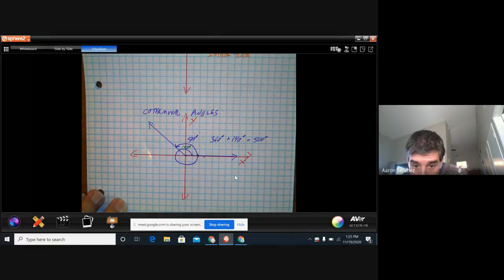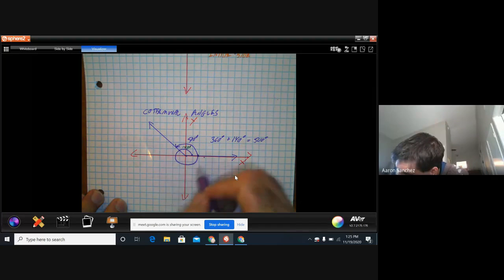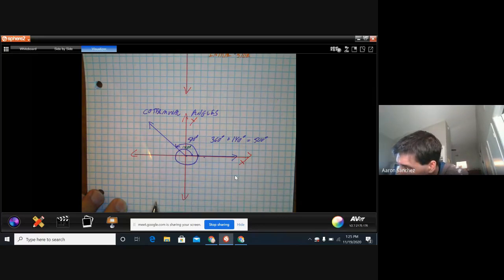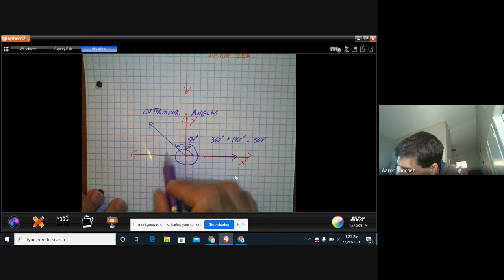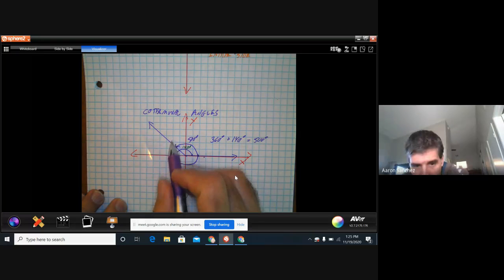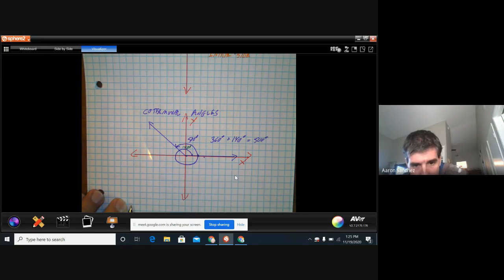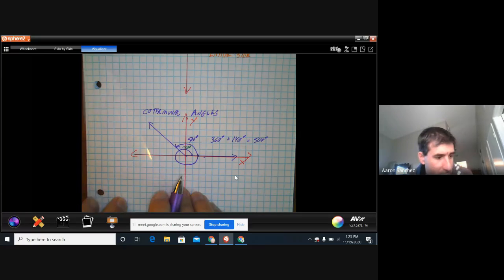And there's another. I can go again another 360, and then that would be 860 degrees. There's another angle there. You spin again, and you have 860 degrees. So to figure out coterminal angles, you just either add or subtract 360 degrees to your initial angle. Like, for example,